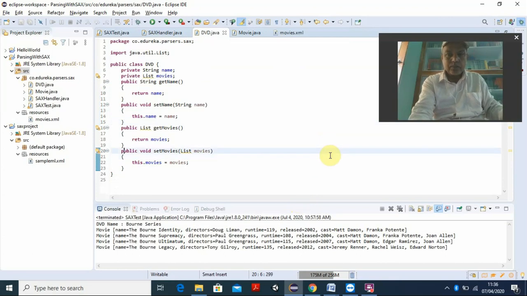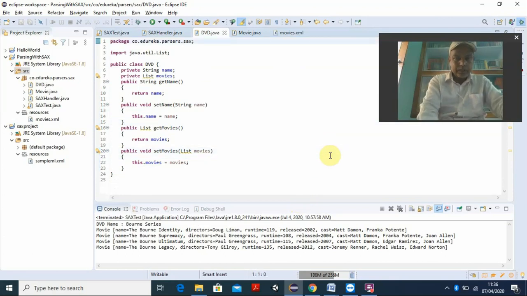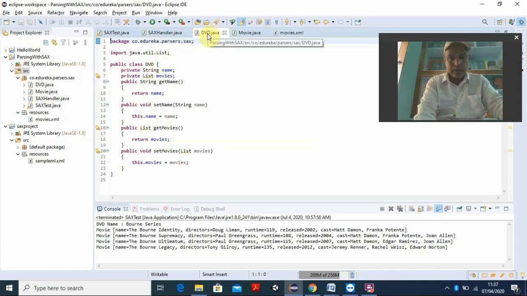Okay, so now this is the file, and the package I have given is code.edureka.parser.sax. While you are creating it, it will ask you the package name. You can write this package, or you can have your own package, but I don't have any package. I am taking the reference of Edureka. That is the reason I am using code.edureka.parser.sax. Then import java.util. The same program I showed you, I have copied and pasted here. There is no great thing. The entire file is here. Okay, so what is the file name here? The file name will be, because the class name is DVD, the same thing I put in the file name, dvd.class.